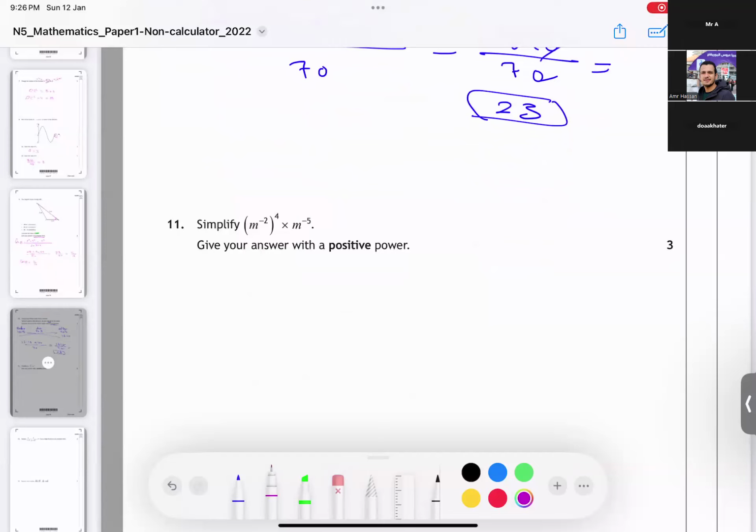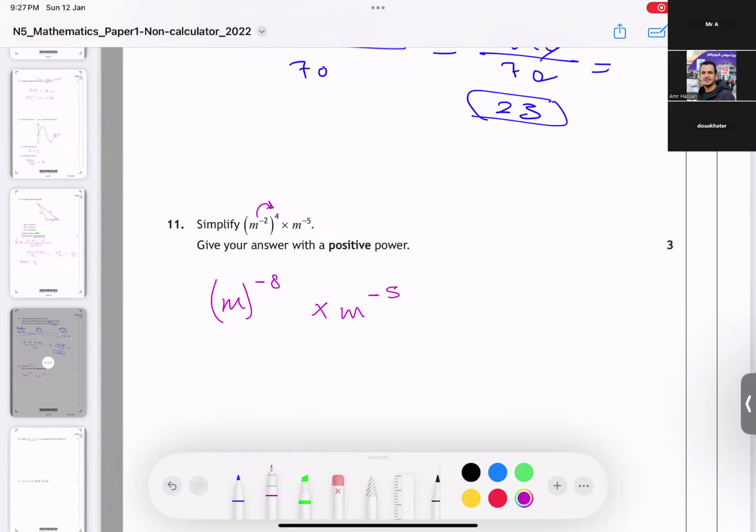Okay, the other one. He asked me to give my answer with a positive power. I don't care about the negative; I have to handle it. So the point is, I told you before that if you have a couple of powers, one of them written inside the parentheses and another one right next to it, I need to multiply them, right? Yeah. So it's going to be m to the power of -8 times m to the power of -5. In this case, I need to add them together